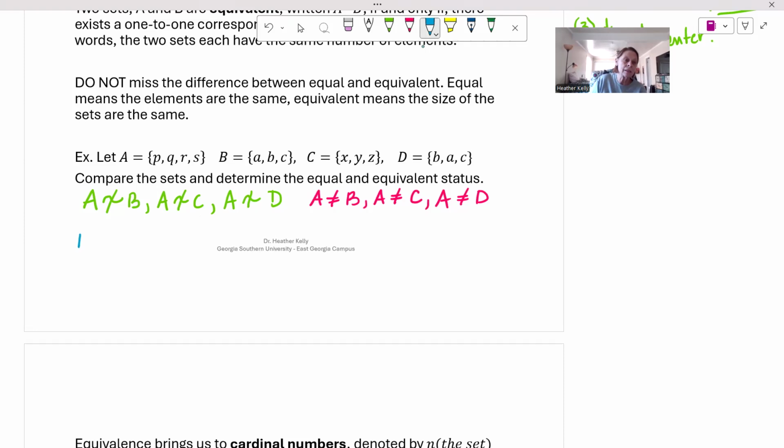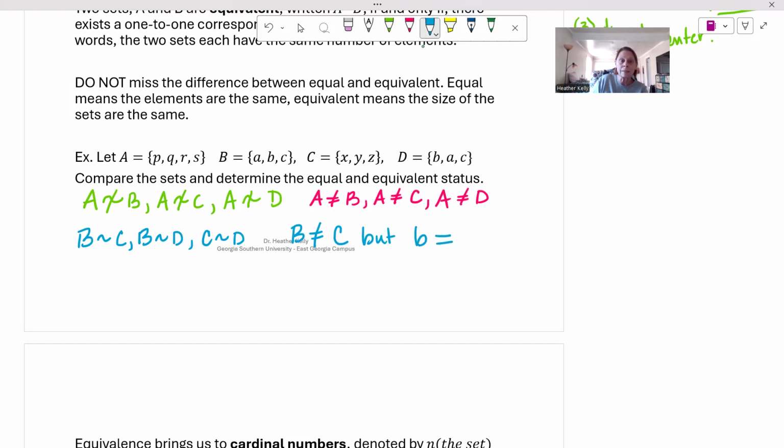Now, we can easily say that B is equivalent to C, B is equivalent to D, and C is equivalent to D because they are all three elements, right? That's all that matters. Same number of elements. Now, what else could we say? We could say that B is not equal to C, but